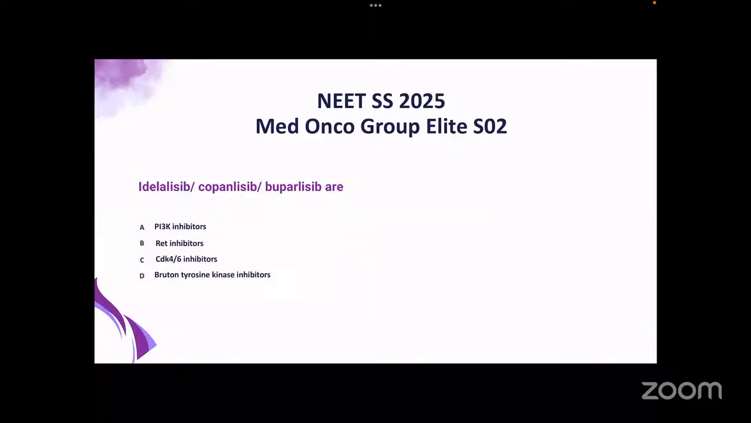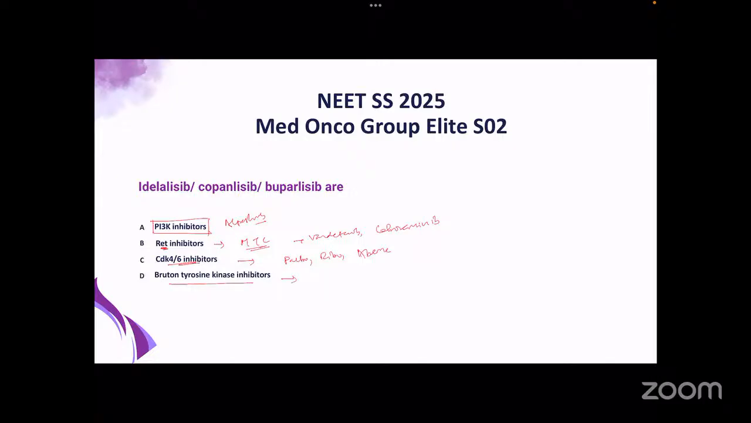Now coming to idelalisib, copanlisib, buparlisib or PI3K inhibitors. They are PI3K inhibitors. There's no explanation here. You need to remember the names of the inhibitors. Common is alpelisib. And all these -lisibs are PI3K inhibitors. What are the RET inhibitors? You remember RET inhibitors are used for medullary thyroid cancer. Vandetanib and cabozantinib are the RET inhibitors. CDK4/6 inhibitors are palbociclib, ribociclib, abemaciclib. And BTK inhibitors are